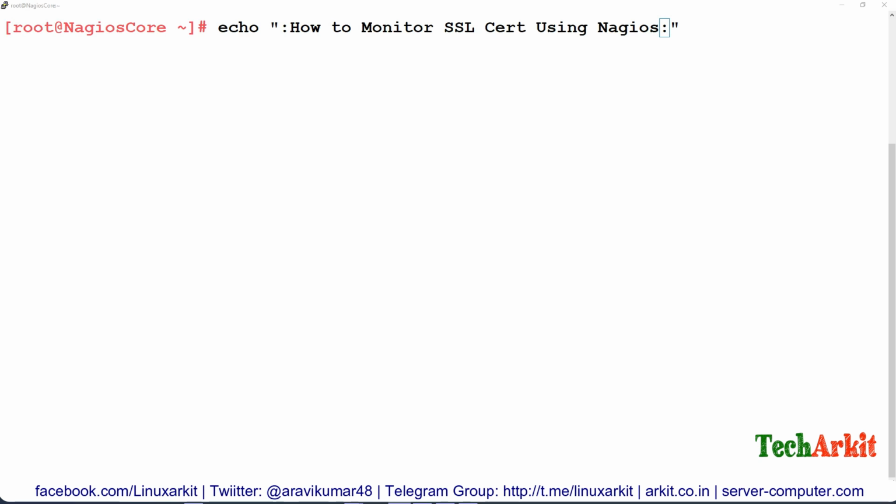My name is Ravi. In this video session, we are going to see how you can monitor the SSL certificate expiry date, or how you can monitor a particular protocol's SSL certificate using Nagios. So we are going to see how you can use that plugin and how you can set up that